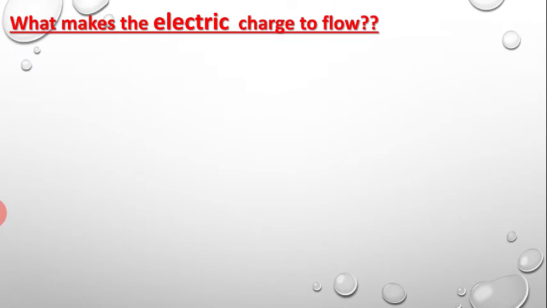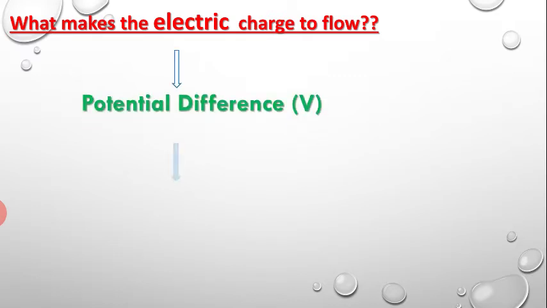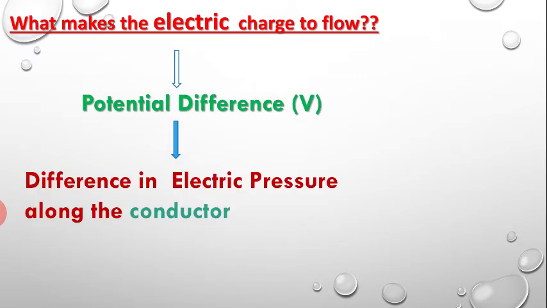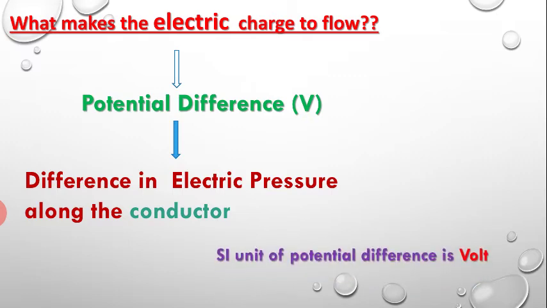What makes electrical charges flow? This is the potential difference. Potential difference is actually the difference on both sides, the difference of potential, and because of that potential difference the electrical charges move in a certain direction. Okay, the SI unit of the potential difference is actually volt, and the device that is used to measure the potential difference across the conductor is actually a voltmeter. Okay,